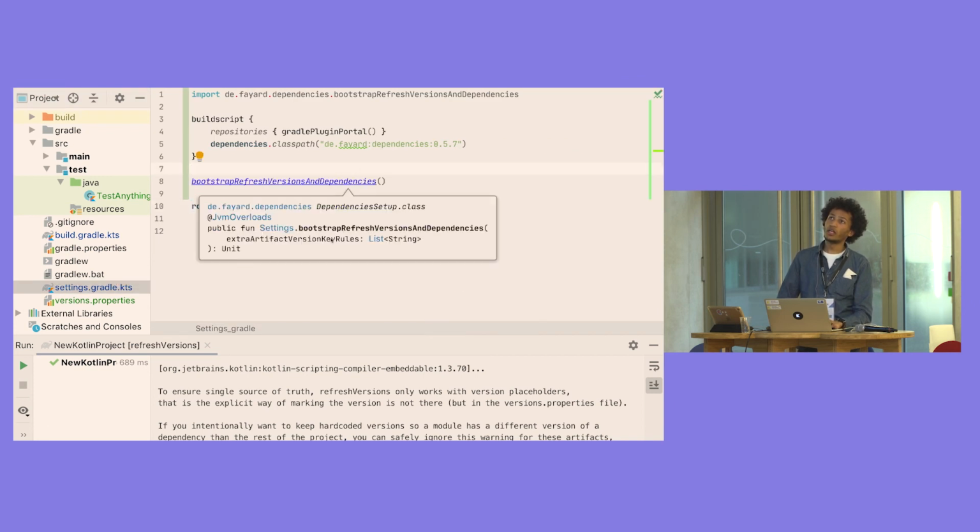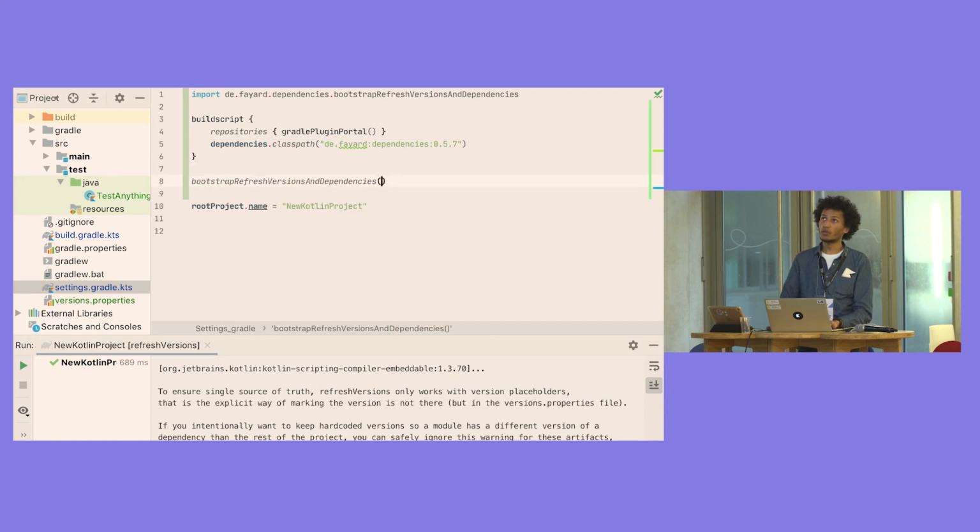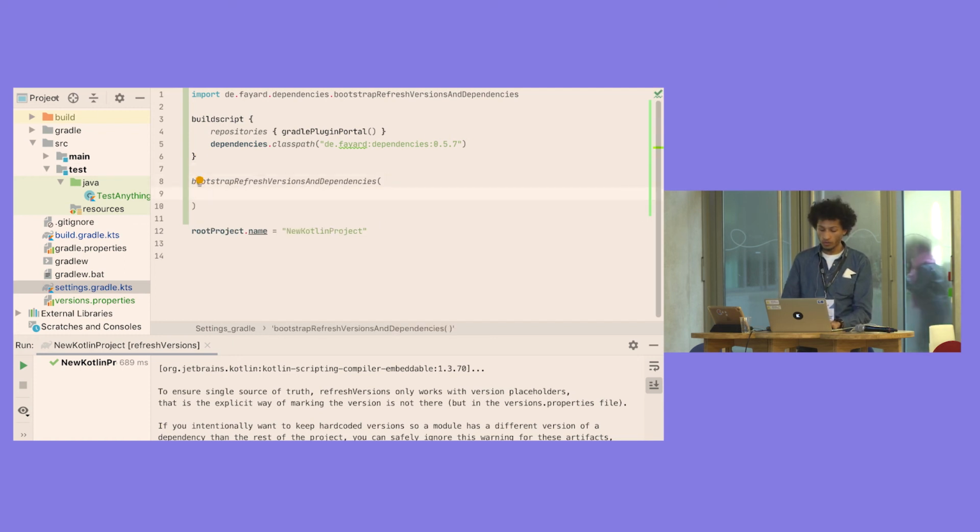Here is where we set it up. As you can see, there's an optional parameter, which is extra artifacts version key rules. It's just a list of strings, so if you want to use it, what you would have to do is